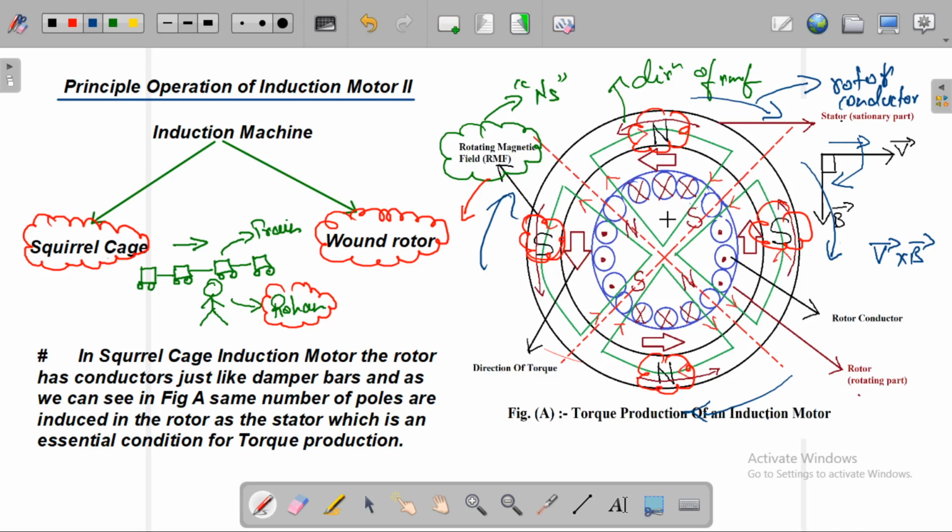So always remember and keep this point in your mind that the magnetic lines of force are in the clockwise direction when we are talking about the cross notation, and when we are talking about the dot notation, the magnetic lines of force are in the anti-clockwise direction. Okay,